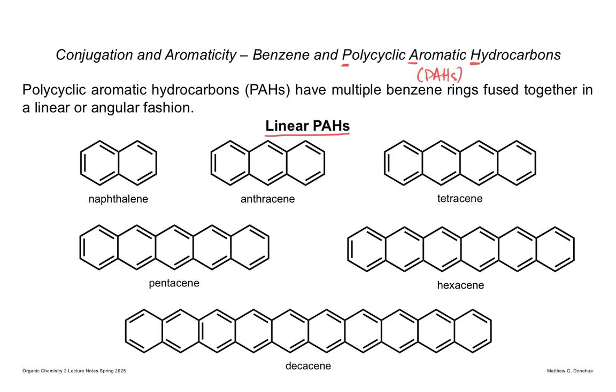Anthracene, you're plugging another ring on there. You might even use anthracene in one of your labs, the Diels-Alder lab. You'll do a Diels-Alder cycloaddition with anthracene, maybe, to check the notebook. Tetracene, so that's 4, pentacene, hexacene, decacene. What's interesting about these, and people study these,